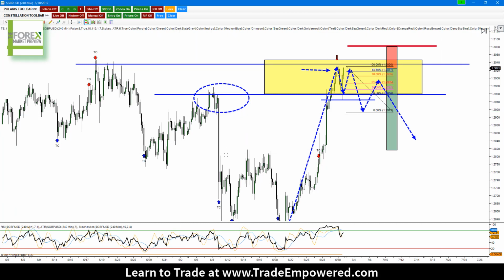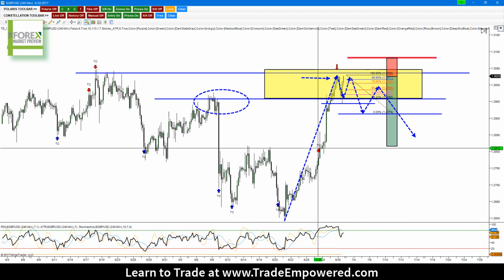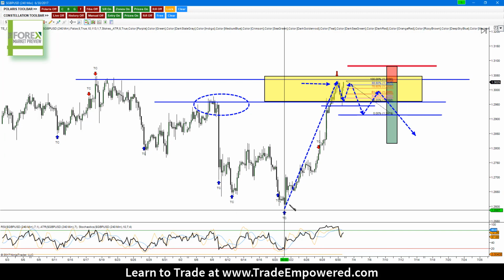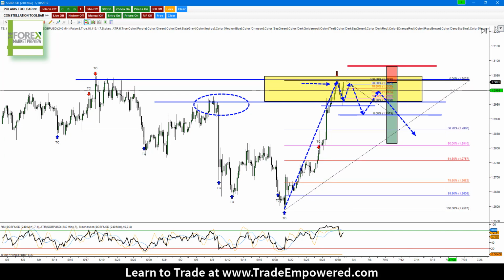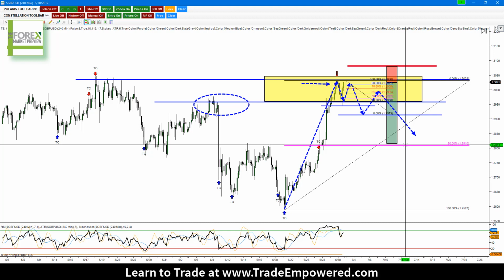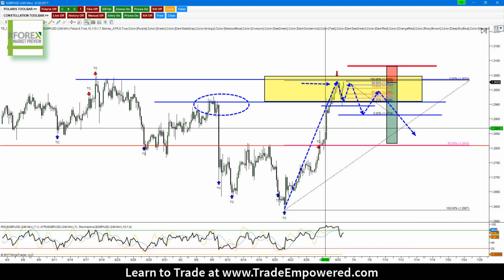And the same thing, we can shoot for traditional targets at the 2618 as a retest of structure down here. Or, I do like this level in here. Not only do we have a 50% Fibonacci level, and again, technically 50% isn't a Fibonacci number, but it's a psychological number because it's the halfway point. Not only do we have a 50% level right here, but if I draw a horizontal line out, we're looking at a level where price has found both support and resistance.